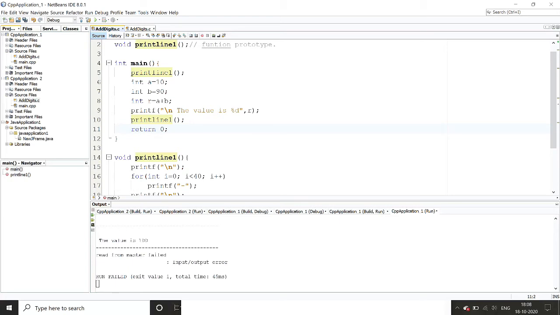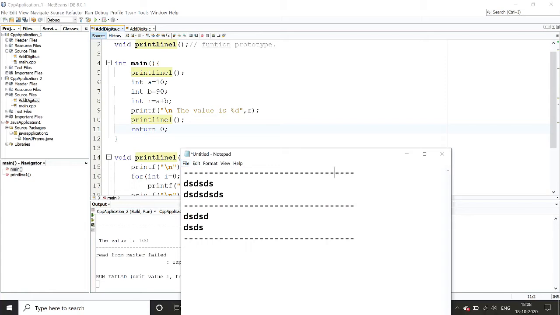Now let me change my criteria. My requirement is different now. For example, suppose I want to print this line up to this length, and here maybe I want to print a line of different length. Here, if you see, the task is similar but not the same. Similar but not the same means I'm still making a line, but the length of the line is different every time. Here I have to create a line up to 40. Here I want to create a line up to 10. Here I want to create a line up to 50. So I'm creating a line, but the line size is different every time.